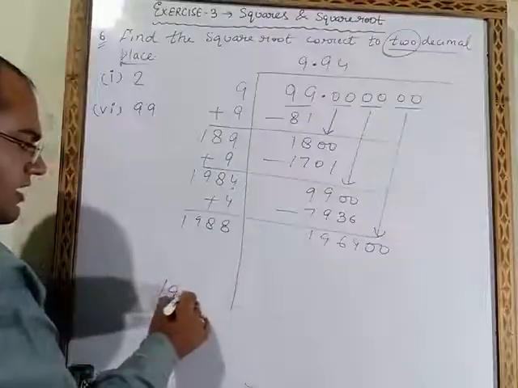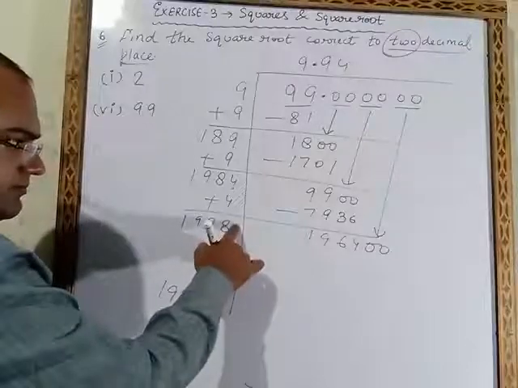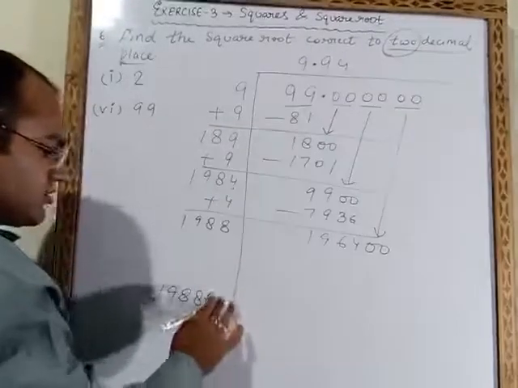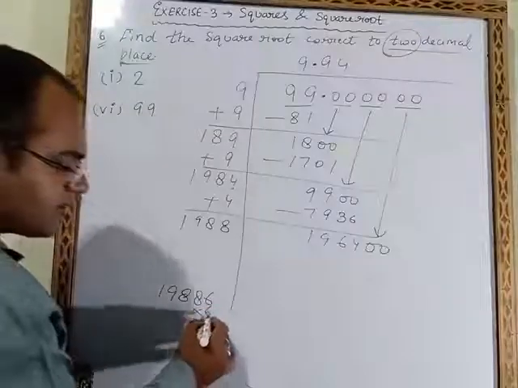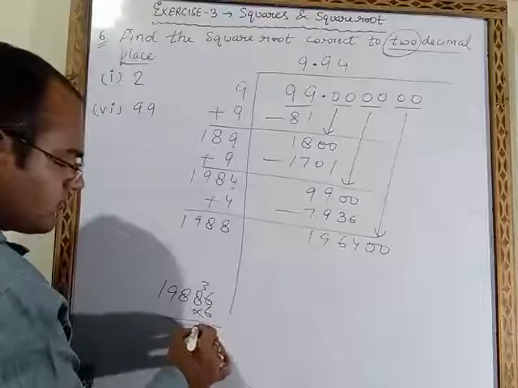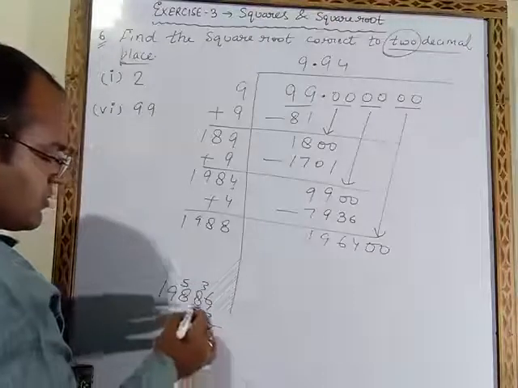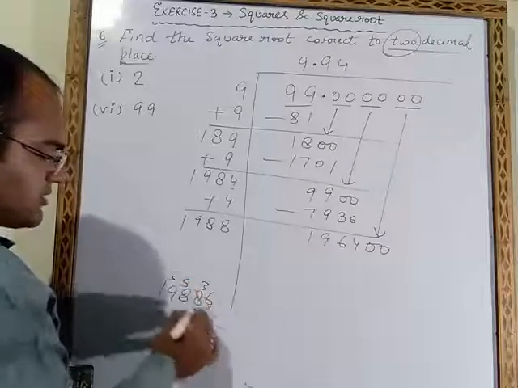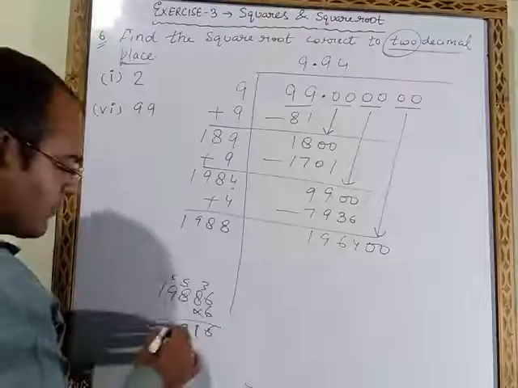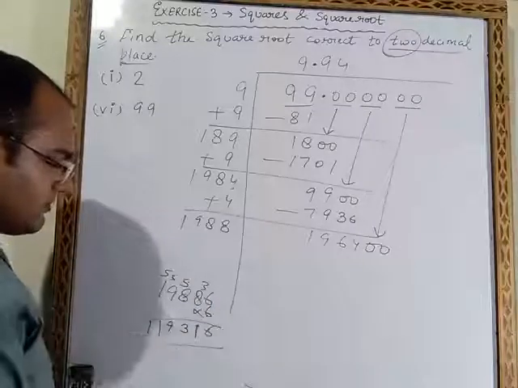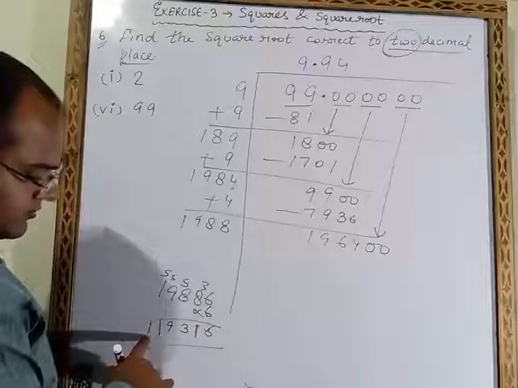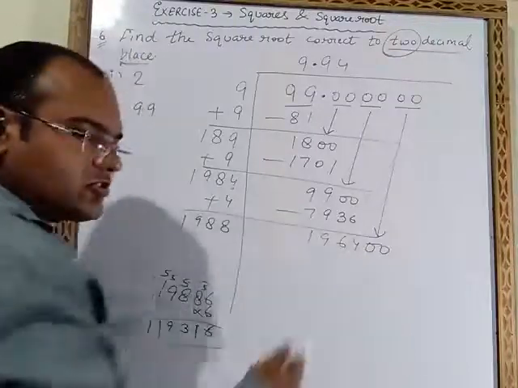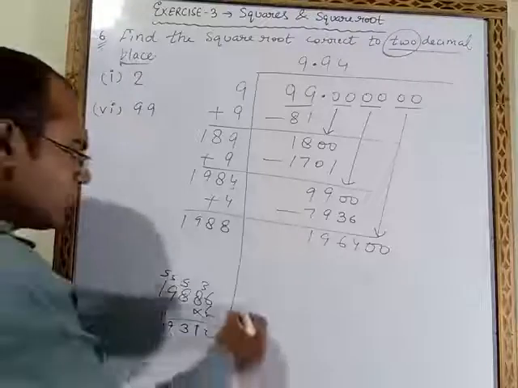Now the same number we have to take here also and here also. So if I take 1988 6, then there also I have to take 6. So when we multiply it, 8 times 6 are 48, 48, 53, 9 times 6 is 54, 54 plus 5 is 59. So this will become 1,19,316 and it is 1,96,000. So it is small. We will increase it. 1988.